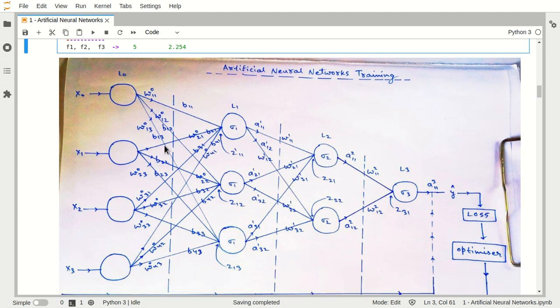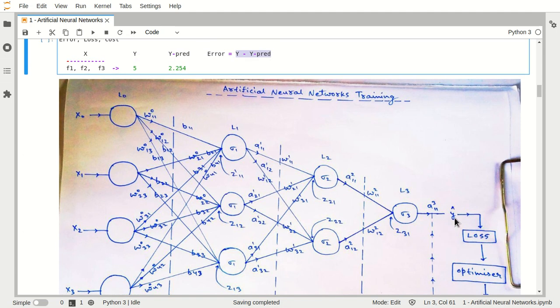And see, there are two different types of parameters, weights and biases. So this particular output, this y hat, you are supposed to get y hat equal to y, but you are not getting that amount. You are getting something very different.